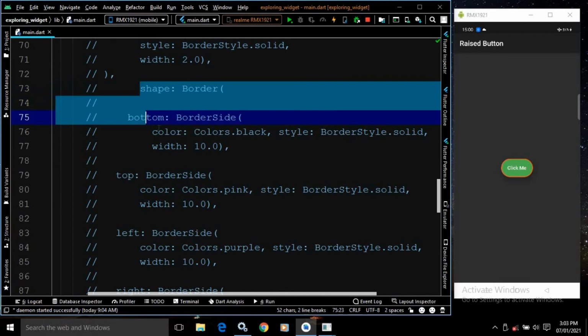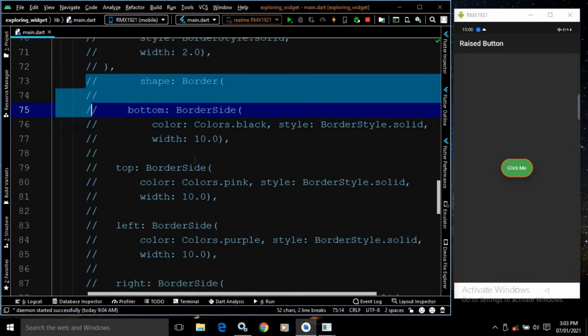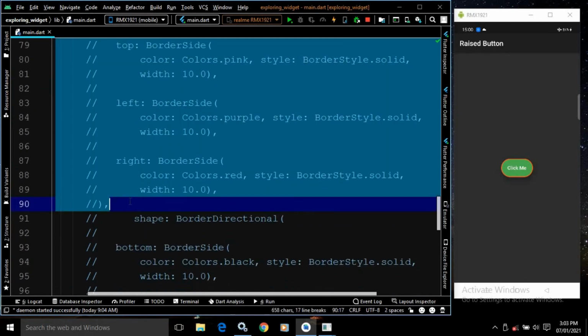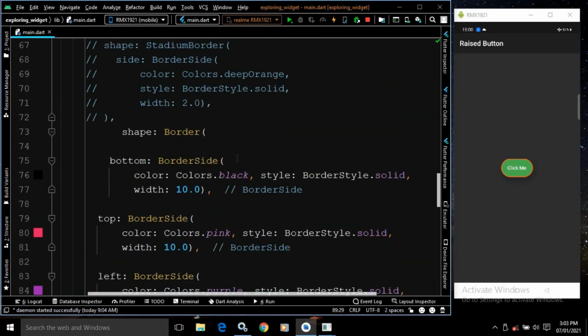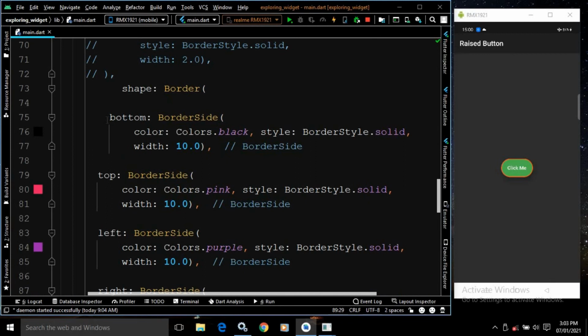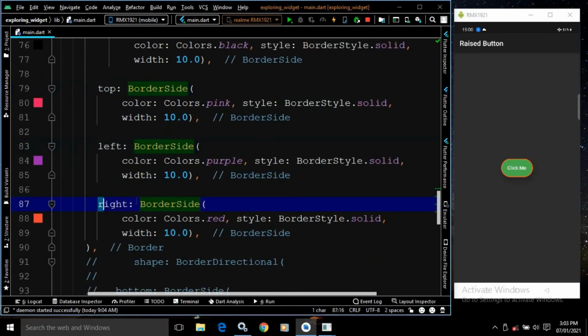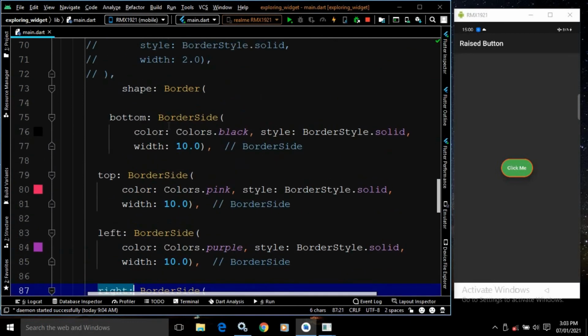Now let me uncomment this one. Now here in the shape I have used a border, and in the border I have applied a border to bottom, top, left and right. Now for the bottom side I have used border side having the color as black, having the border style as solid, and the width of the border as 10.